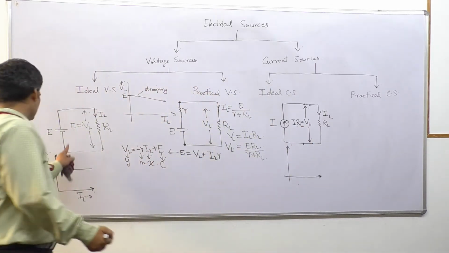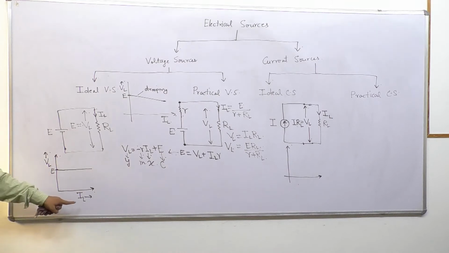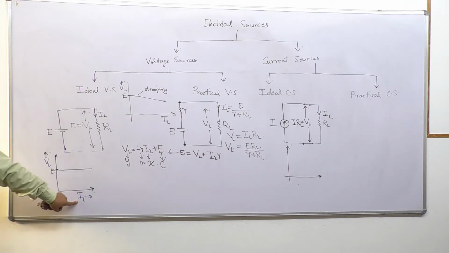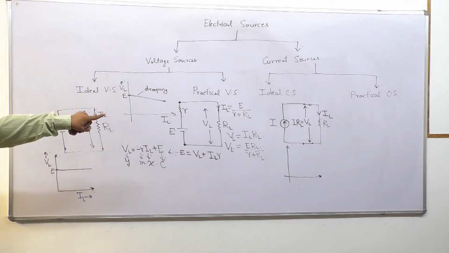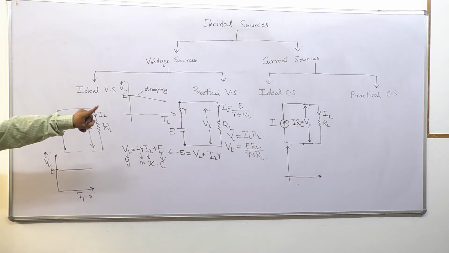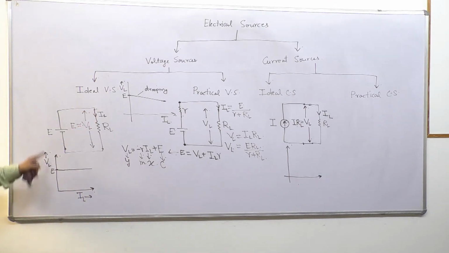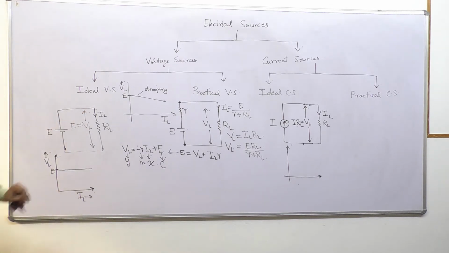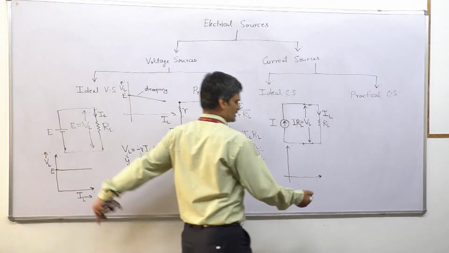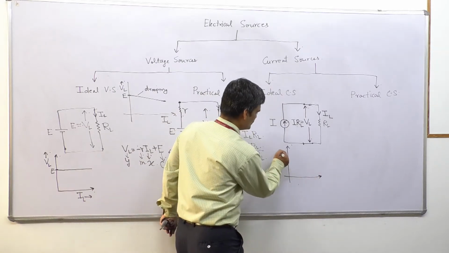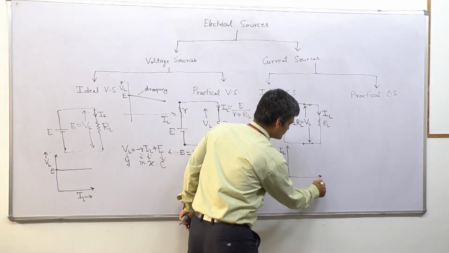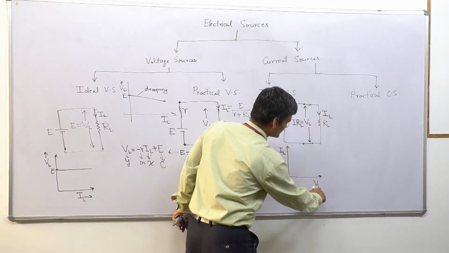these parameters would get reversed, because in case of voltage source we need to have the value of load voltage against the value of load current. But now we are analyzing the current source. So now we are going to plot the value of load current with respect to the load voltage. This swaps, this reverses.